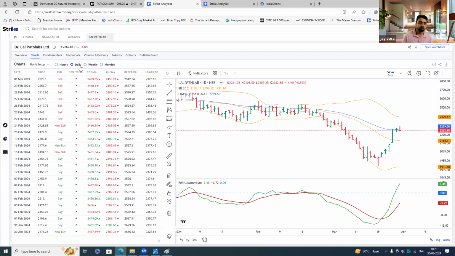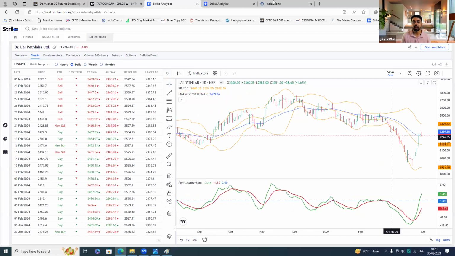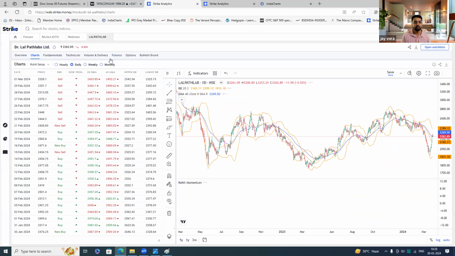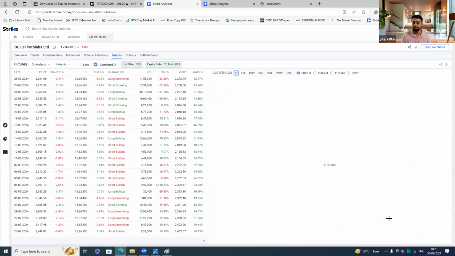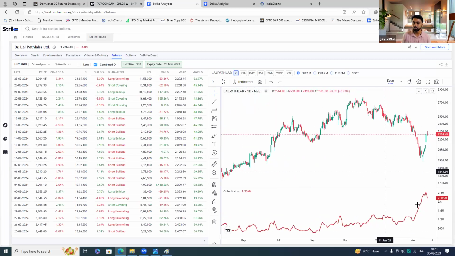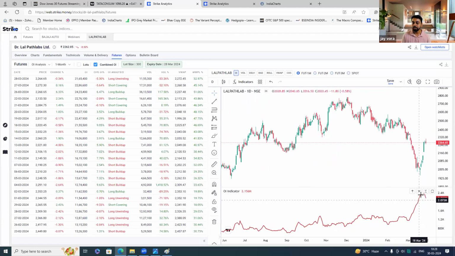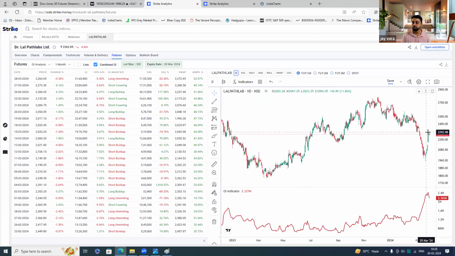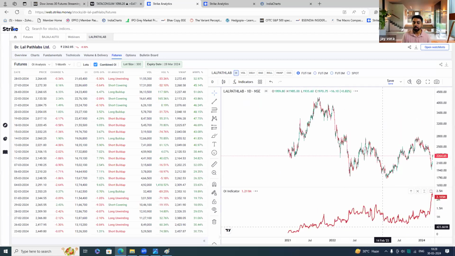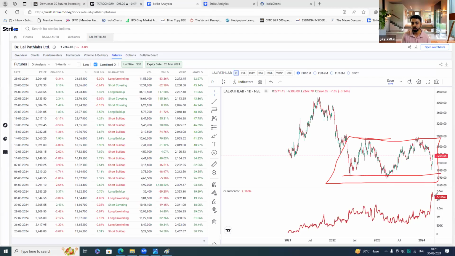So over here, for example, Lalpath Labs is basically in a range, and when we look at the future OI analysis, you can see that the open interest surge has been very strong. Once the open interest peaked out over here, we started to see some short covering happening. But given that it is broadly in a range, what I would actually want to see is a breakdown from this range. If that doesn't happen, then eventually the people who would have shorted over here might go for cover. That is because when we look at the